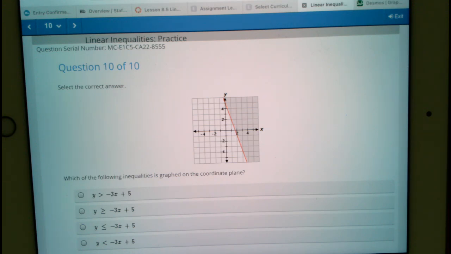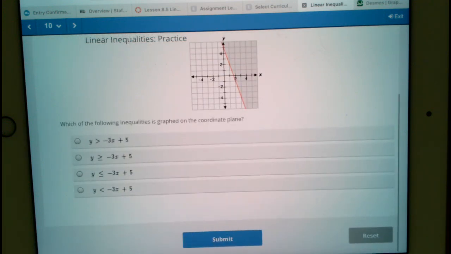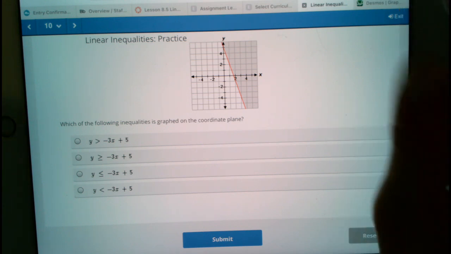We could to compare, but if we know that a solid line is going to be greater than or equal to or less than or equal to, based on our Edmentum answers here, we can eliminate the first answer and the last answer, because those two answers don't have something underneath, which means that they would represent dotted or dashed lines. So then again, we narrowed it down, and we can go ahead and go to Desmos and